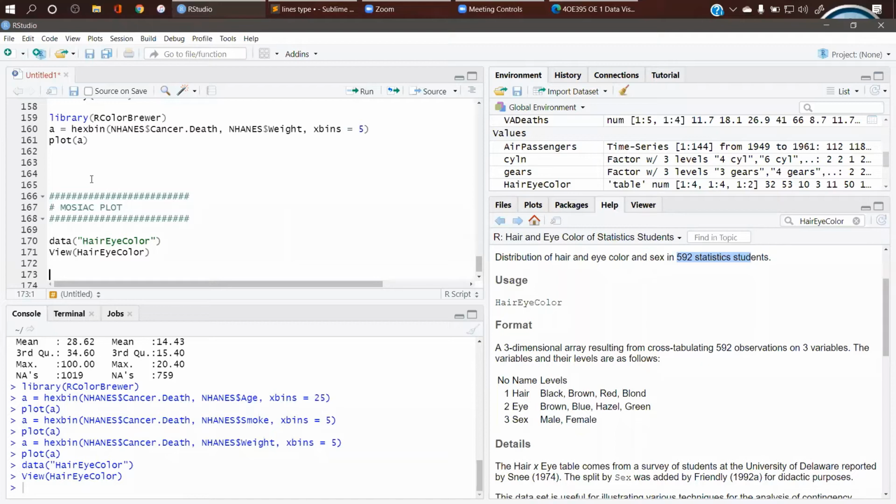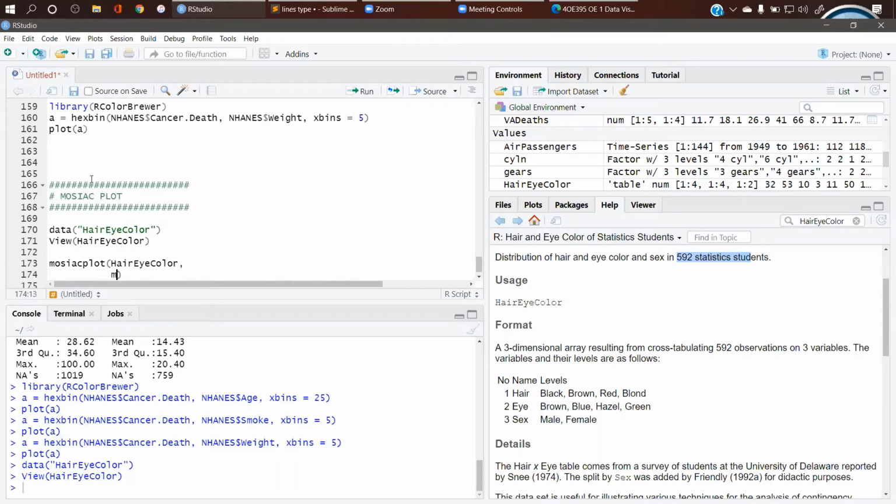So the basic intention of collecting this data is to find a relationship between those persons who are having XYZ hair color and XYZ eye color, hair color and eye color. So the function used is mosaic plot. Here I pass your dataset name, give a title.